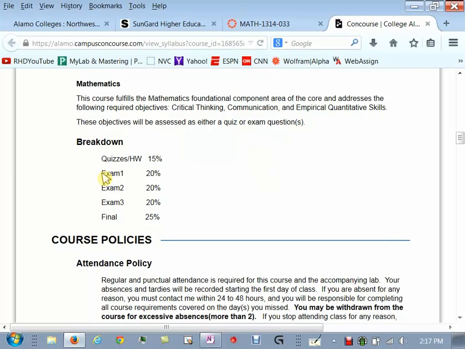All right, the breakdown of the grades. So how's your grade going to be determined here? I'm going to give you quizzes and homework assignments, and that's going to be 15% of your grade. Most of it's going to be quizzes. The only thing I'll usually do with homework is come around and ask to look at it. I'm not going to look at every problem and say, oh, you skipped one. I just want to see you made an honest effort at what was assigned, because in a summer course, I don't have time to grade 28 homework assignments and get them back to you in a reasonable amount of time, right? So the homework is on you.